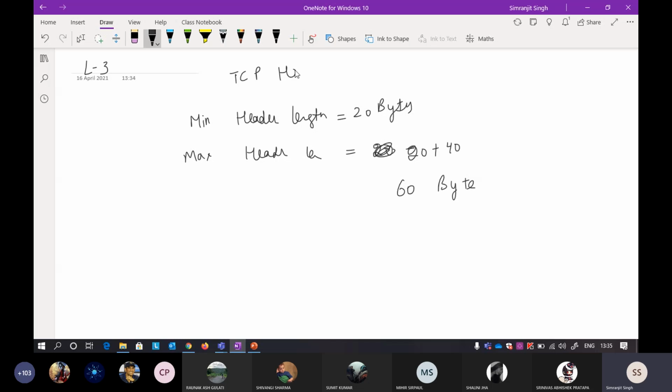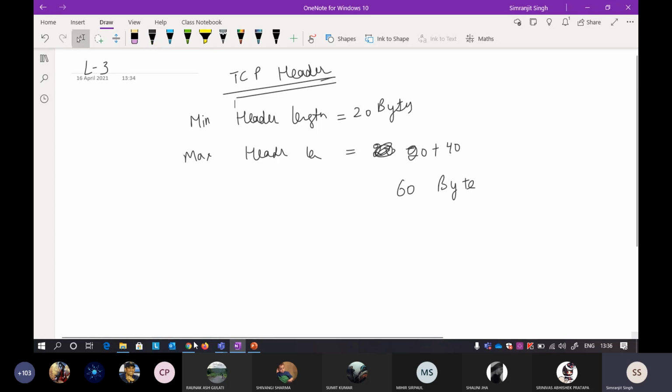So everything I'm concerned with here is the TCP header. We have seen the IP header, and I have discussed the IP header in quite a bit of detail. In a similar way, I will also discuss the TCP header in detail, because they are both very important topics in CN. So these are the most important ones.